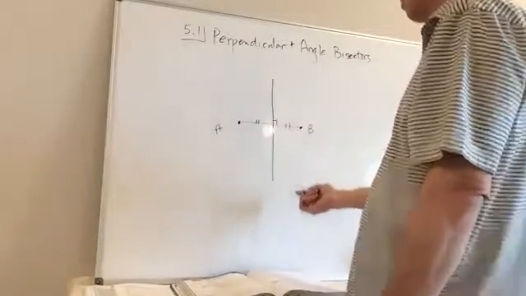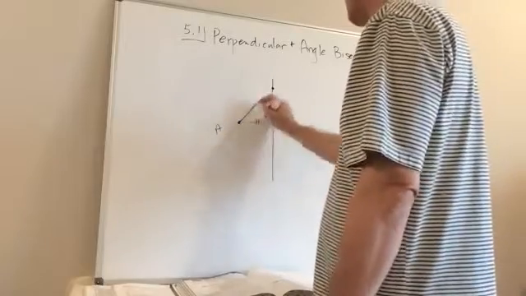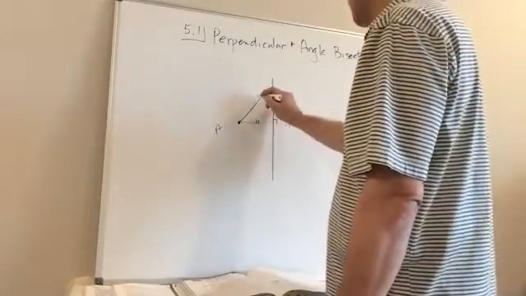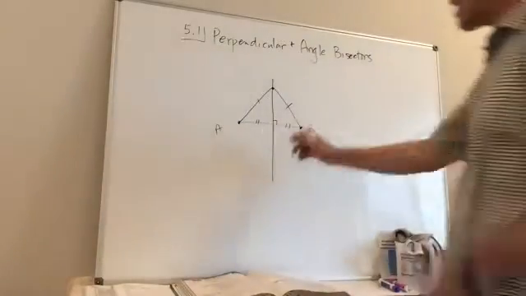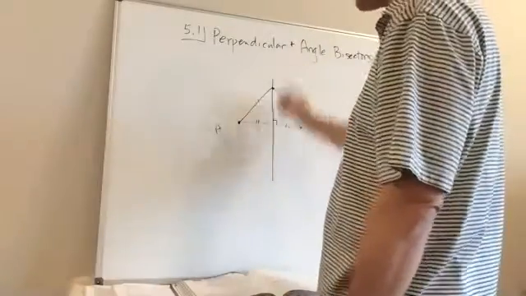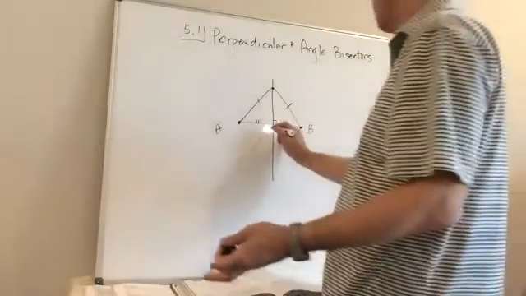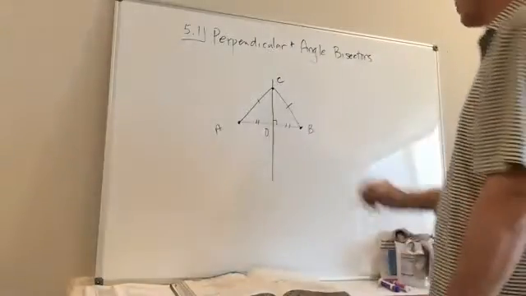So any point on this line is going to be the same distance from here and here. In other words, this distance and this distance are going to be the same if the point lies on the perpendicular bisector. And how do you prove that? Well, if this is O and this is C, we can say that